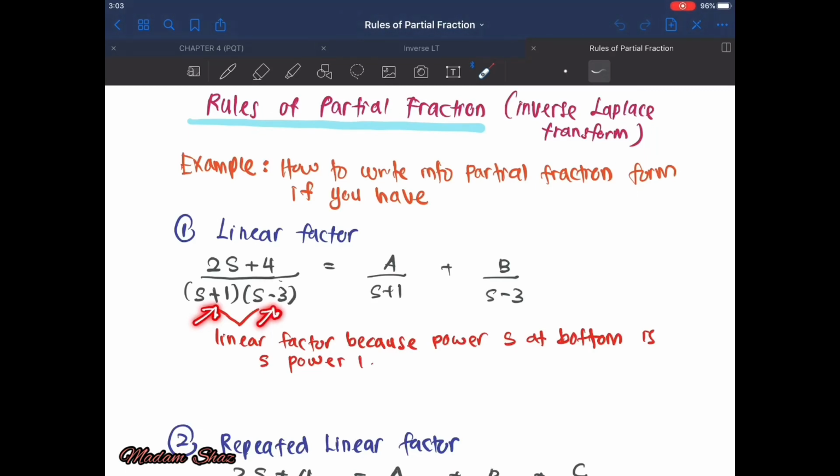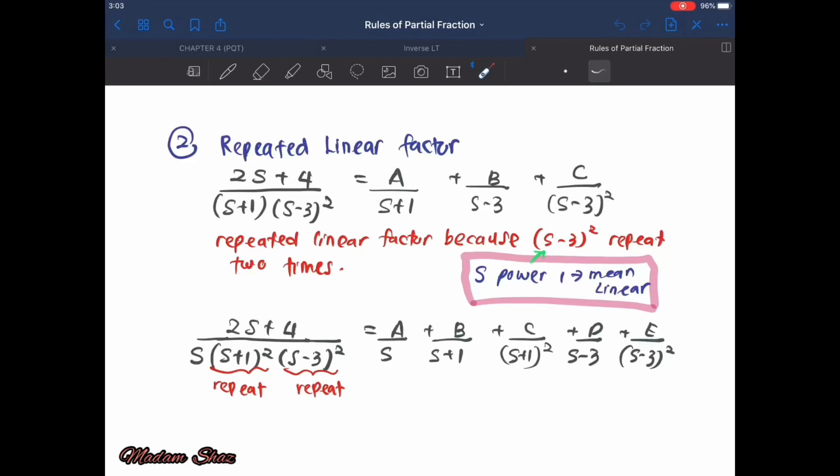Therefore, our partial fraction will be written as A over s plus 1 for the first bracket, plus B over s minus 3, whereby this one is the second bracket. So this is how you have to write your partial fraction if your bottom side or denominator is in terms of a linear factor. Next, if you have a repeated linear factor,